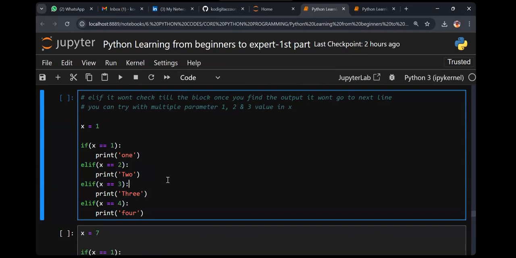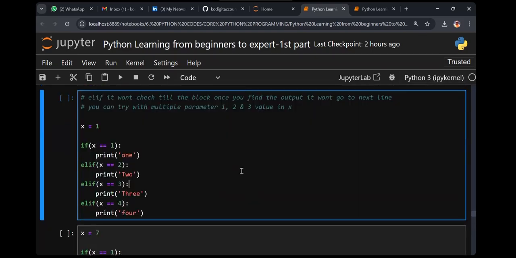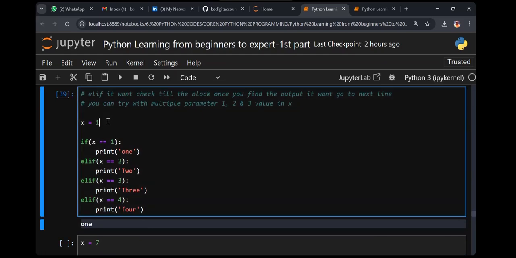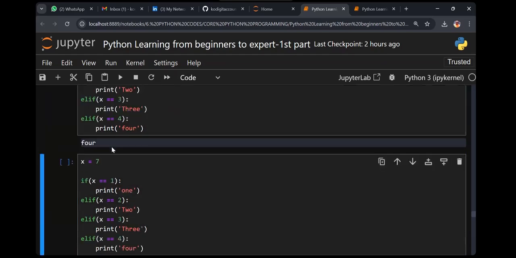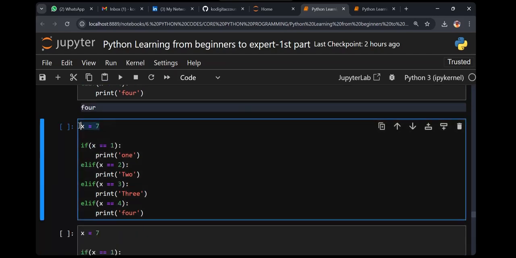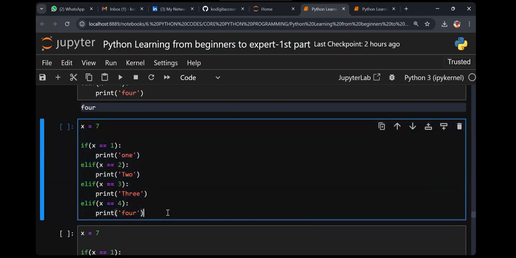Clear? If, elif. But now understand here, x equal to 1, we got output as 1. x equal to 4, we got output as 4. But when I say x equal to 7, what output will I get now? No, because we still have the declaration 4.